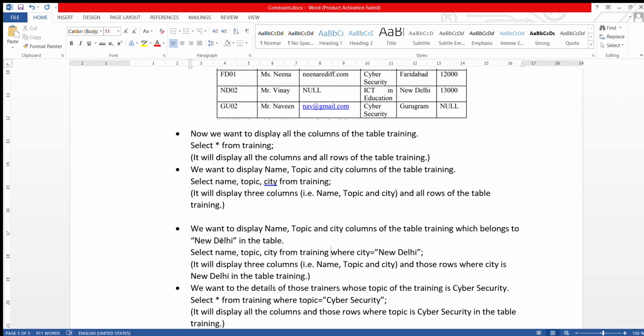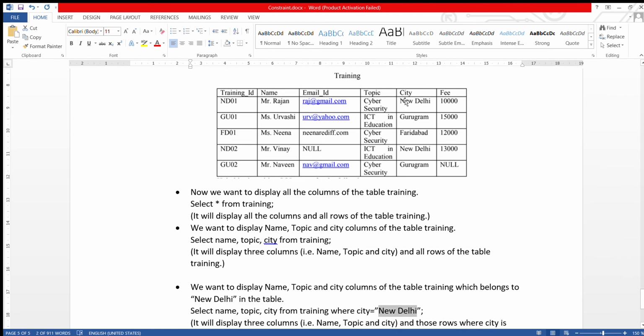Now where? Now we are going to use the where clause. It means we don't want to display all the rows. We want selected rows. So where city equal to New Delhi. It means it will display only those trainer names, topic and city which belong to New Delhi. So here in our example it will display Mr. Rajan because he belongs to New Delhi, Mr. Vinay because the city is New Delhi.